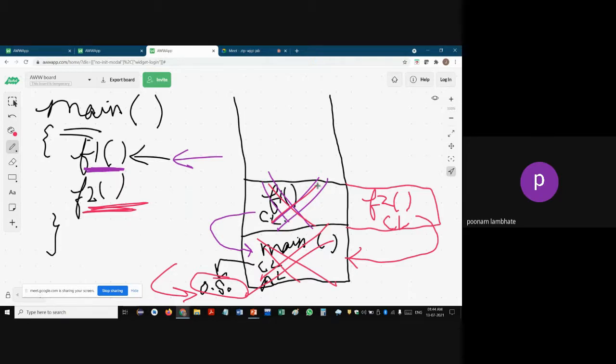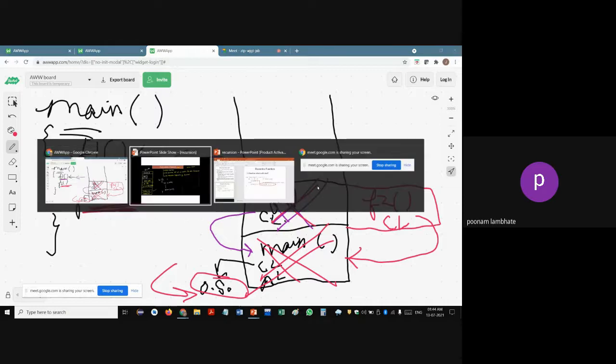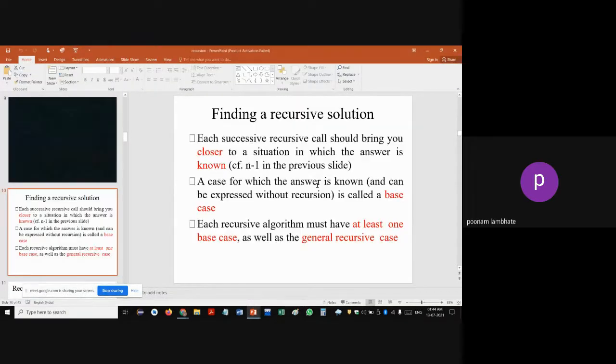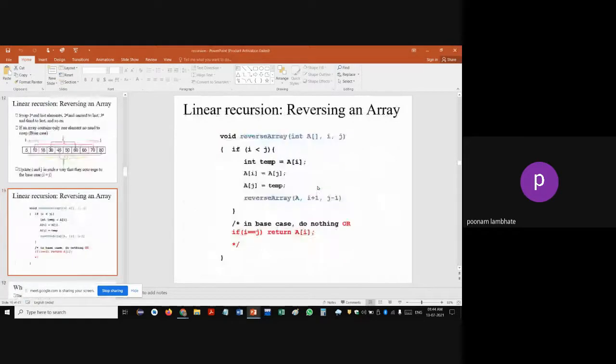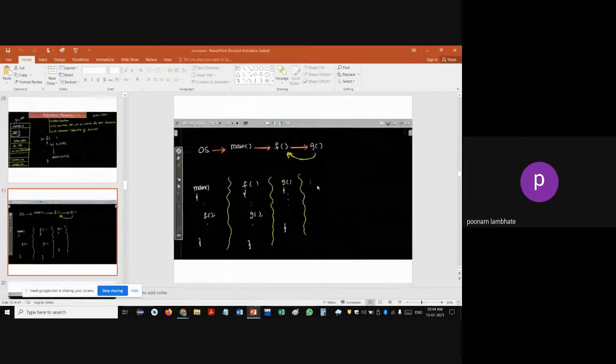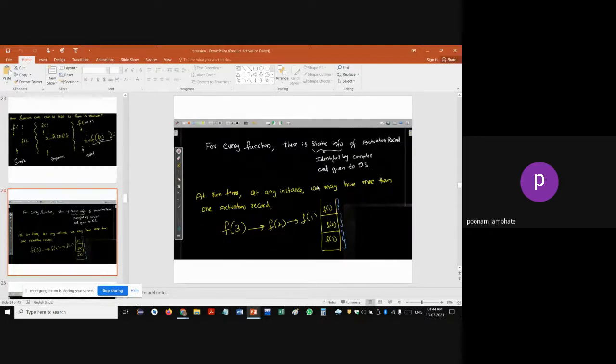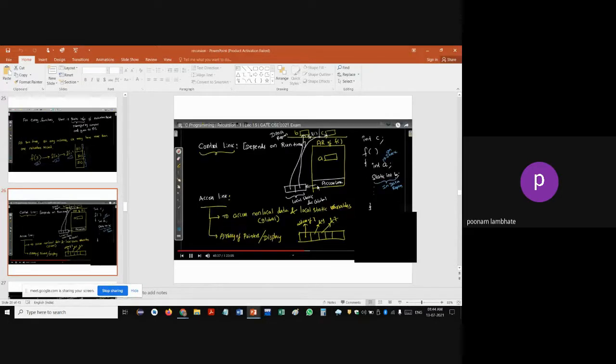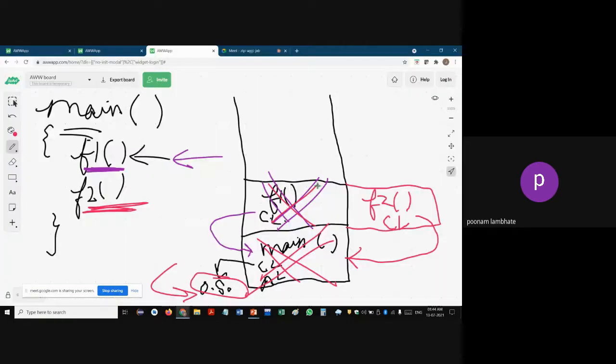Okay, this was for the normal function calls where the recursion concept has not been used. Same is the case for recursion. So in recursion, what happens? You're calling the same function again and again, but maybe for some different parameter. So for each function call which has a different parameter, it will have its own individual unique activation record. I mean to say,